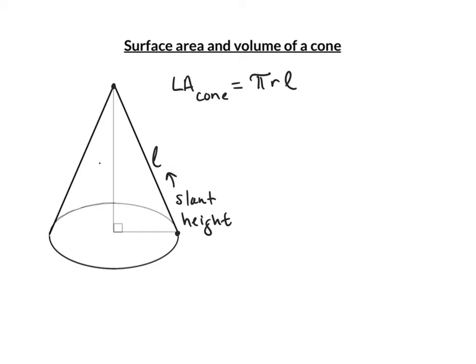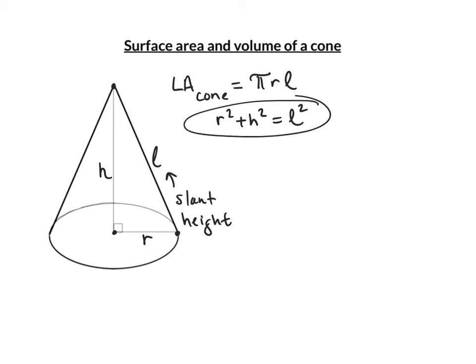Now we have an actual height, which is from the center of the circle up to the top, and we have the radius of the circle at the bottom. What's important here is that you realize that r squared plus h squared is equal to L squared, the slant height squared, Pythagorean theorem. You end up using this quite often to find the length you need, whether it's for volume or surface area. But pi times the radius times the slant height is the lateral area of a cone,